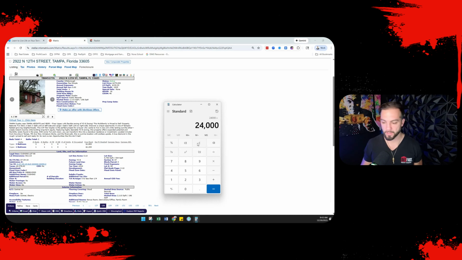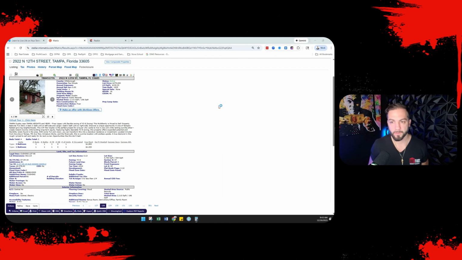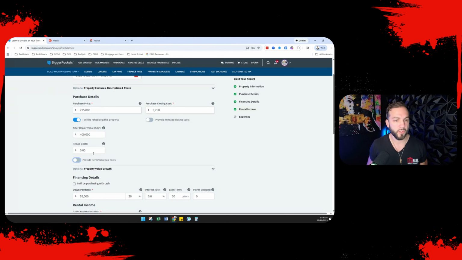kitchens, flooring based on price per square foot just for flooring alone. I'm even on the low side, $3 a square foot. So now you're 6 plus the 24 we had. Sorry, this is gonna be like 30K, and we haven't even touched cabinets and stuff like that. So plus blinds, et cetera, landscaping, that sort of thing. So we're just gonna assume that could be low, but we'll just call it 52.5 for the repair costs on